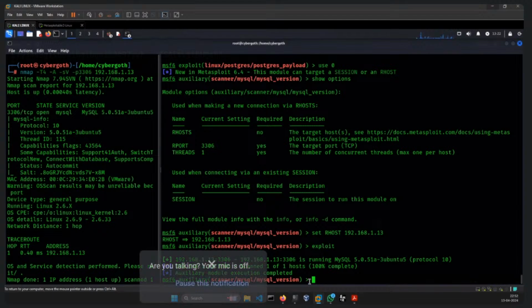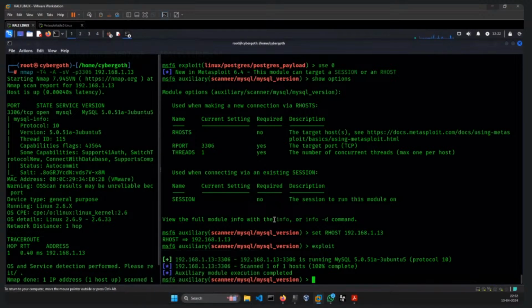Auxiliary module completed, scan 1 of 100. So this is running MySQL, this only. Okay, so I guess we didn't get anything much more detailed than this. Now let's further check this. Okay, so in that case we will do